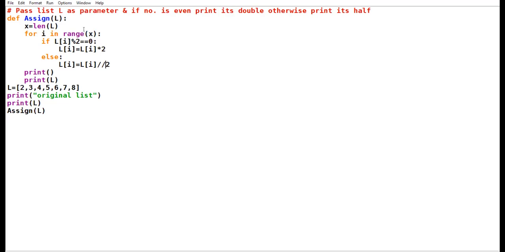The program is, listen carefully students: pass list L as parameter, and if a number is a multiple of 4, find the sum of all such elements and return back the sum.